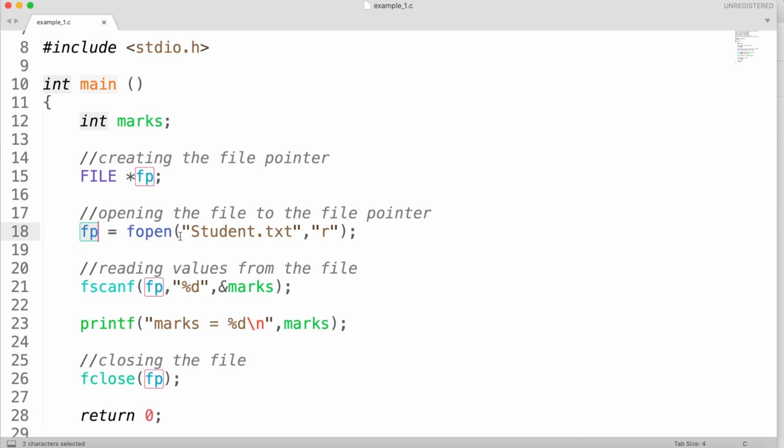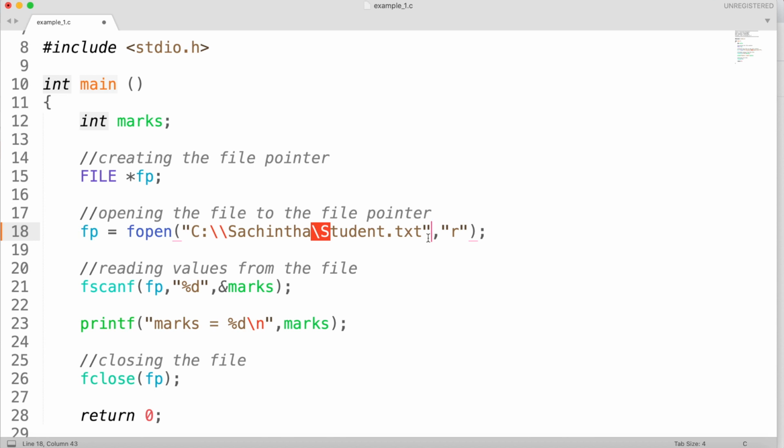The file path can be given in two different ways. We can give the absolute path. An absolute path means you need to specify, let's say, C colon, and the folder names that you have, including the file name. This is one way that you can give the file path to the fopen command.